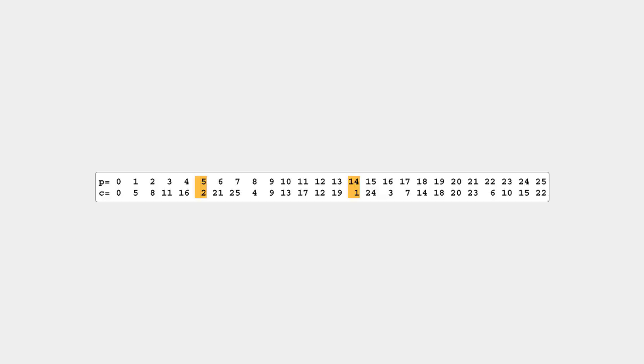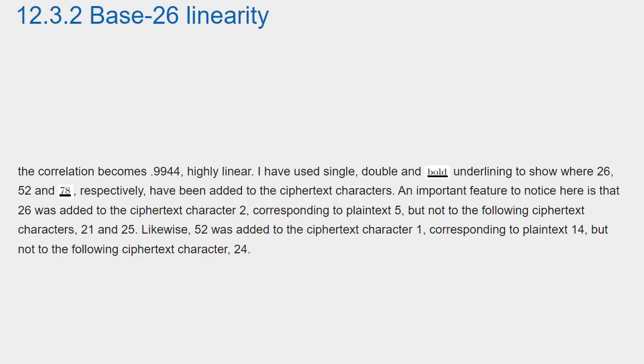When the ciphertext alphabet is less linear, when it jumps around a bit, it may be harder to spot. For example, this substitution has a correlation of 0.3265, moderately non-linear. When it is adjusted by adding multiples of 26, like this, the correlation becomes 0.9944, highly linear. I have used single, double, and bold underlining to show where 26, 52, and 78, respectively, have been added to